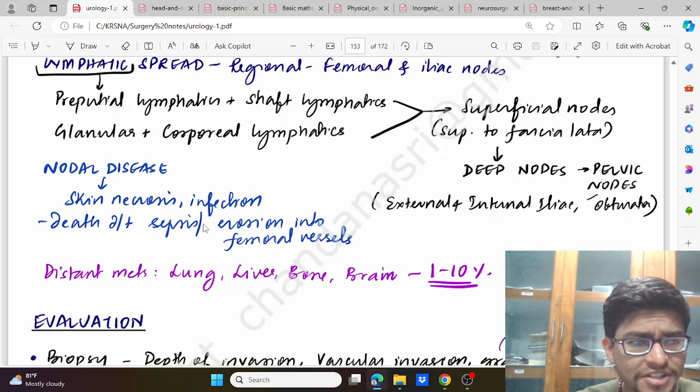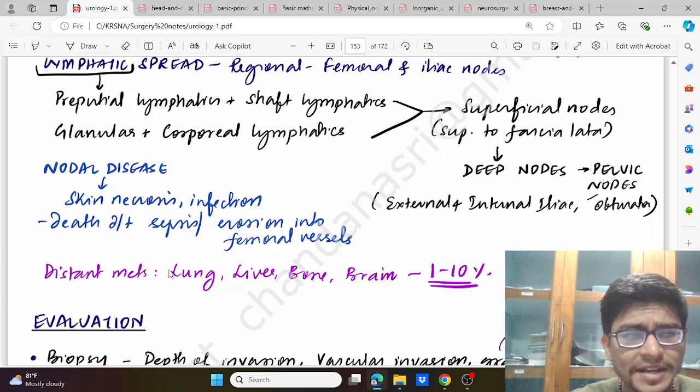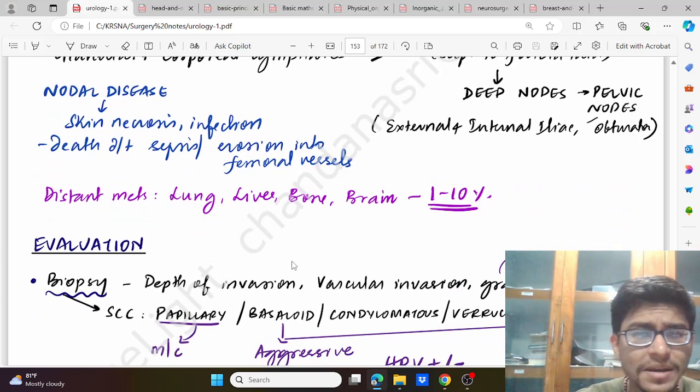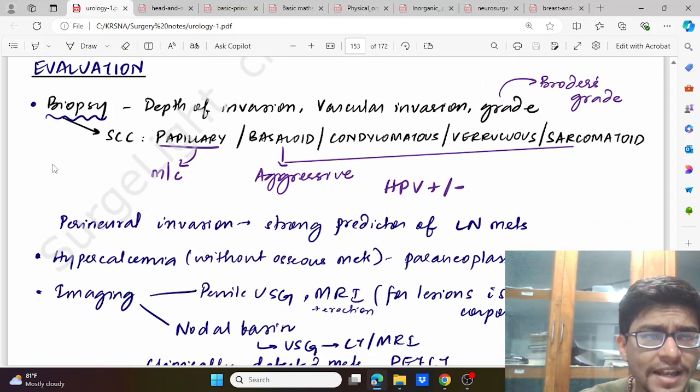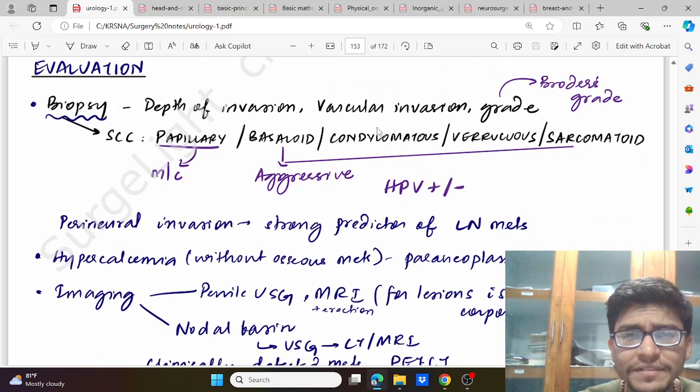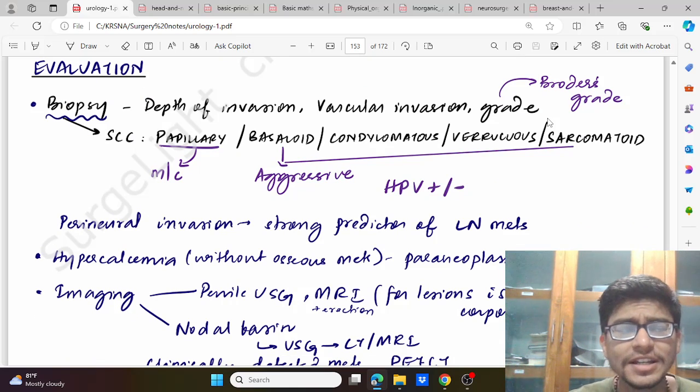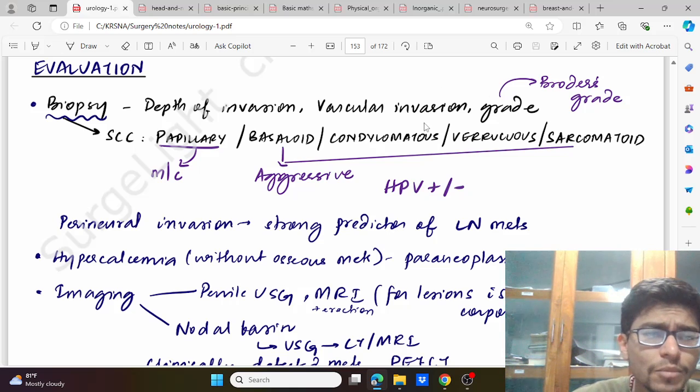स्किन नेक्रोसिस, इन्फेक्शन, डेथ ड्यू टू सेप्सिस, इरोजन इनटू द फीमोरल वेसल्स। ठीक है, डिस्टेंट मेटास्टेसिस कॉमन कहां है? लंग्स, लिवर, बोन एंड ब्रेन, 1 to 10% में दिखता है। अभी इवैल्यूएट कैसे करेंगे? तो बायोप्सी लेंगे। बायोप्सी में क्या क्या देखना है? डेप्थ ऑफ इन्वेजन, वैस्कुलर इन्वेजन, ग्रेड, ब्रोडर्स ग्रेडिंग, जो हिस्टोपैथोलॉजिकल ग्रेडिंग है डिफरेंशिएशन बेस्ड पे।